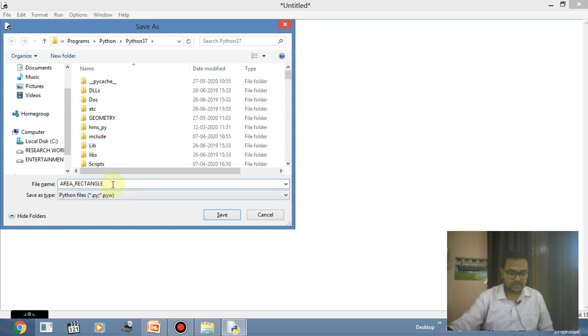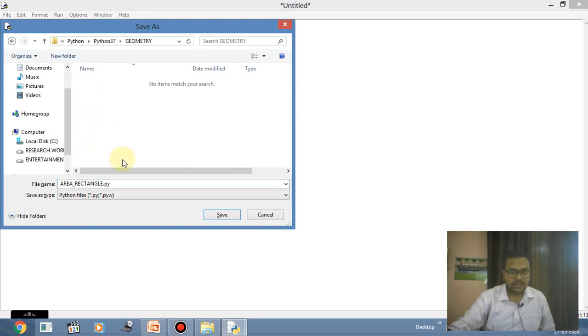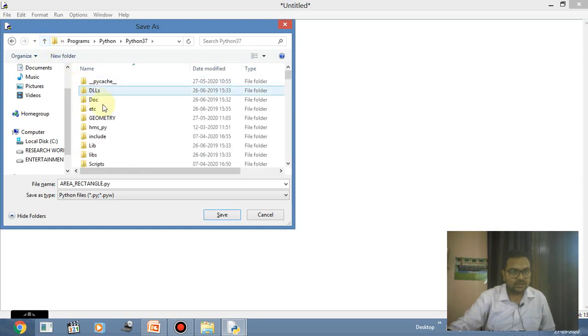So just understand this one. I'll use the name area underscore rectangle. तो जो फाइल का नाम होगा वही मॉड्यूल का नाम भी हो जाएगा. एंड वेयर आई एम गोइंग टू सेव, जस्ट चेक इट आउट. जहाँ पर मैंने ज्योमेट्री नेम का फोल्डर क्रिएट किया है मैं इसको यहीं पर कन्वर्ट करूँगा. राइट नाउ दिस ज्योमेट्री इज अ फोल्डर, दैट इज नॉट अ लाइब्रेरी राइट नाउ. विल हैव सम मेथड एट हाउ दिस ज्योमेट्री कैन बी कन्वर्टेड इनटू अ लाइब्रेरी.